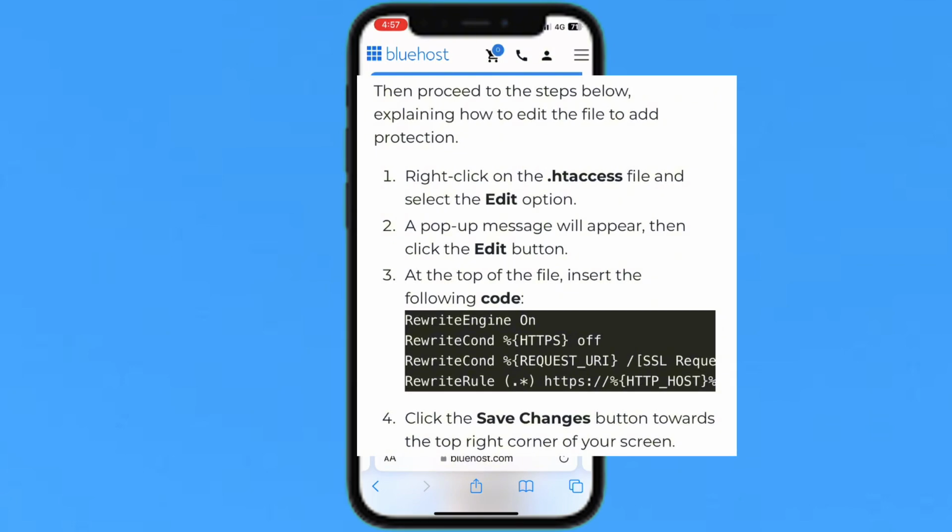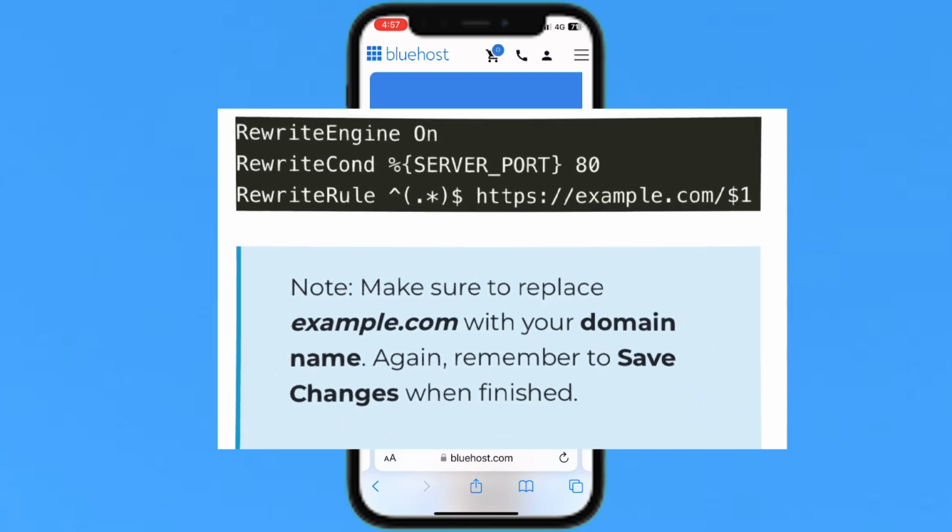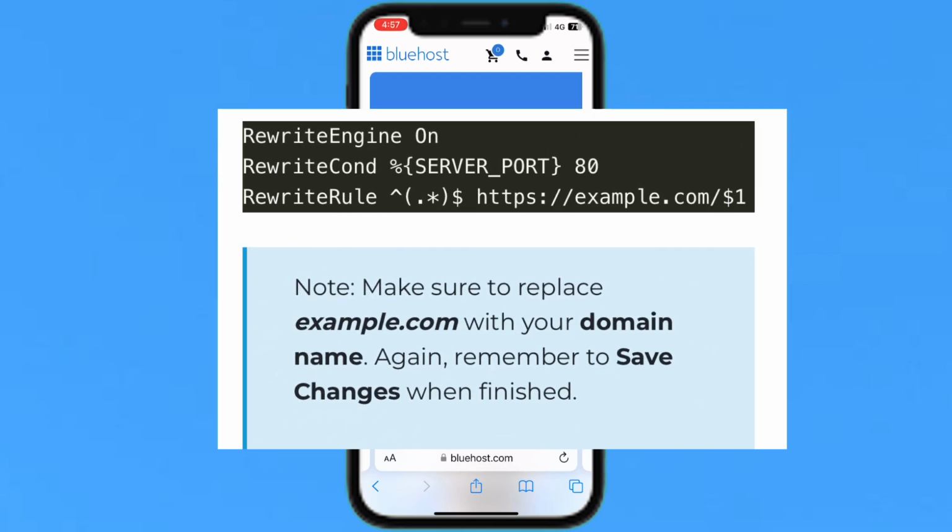So you will see here, you will just enter your domain name. Make sure to replace your domain name, and remember to save changes when finished. So this is how you can redirect HTTP to